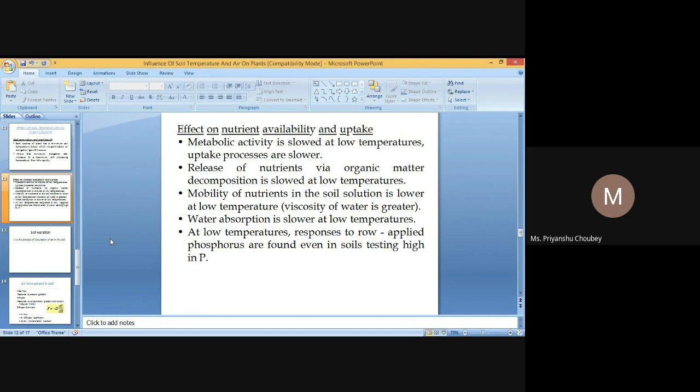Exchangeable cations are specifically absorbed. The concentration of these cations in the soil solution is controlled by the kind and amount of the electrolytes in the soil solution. The amount of the different cations associated with the solid phase, including the exchangeable fraction, and the relative ease of their release.